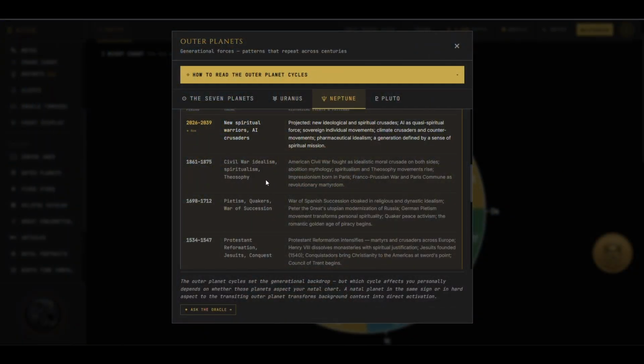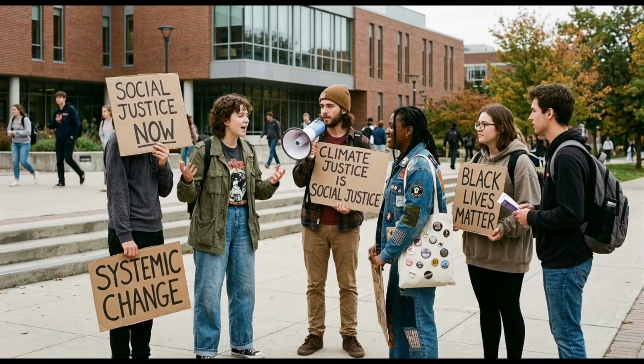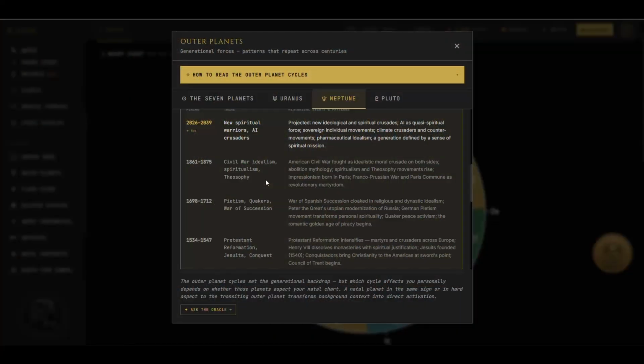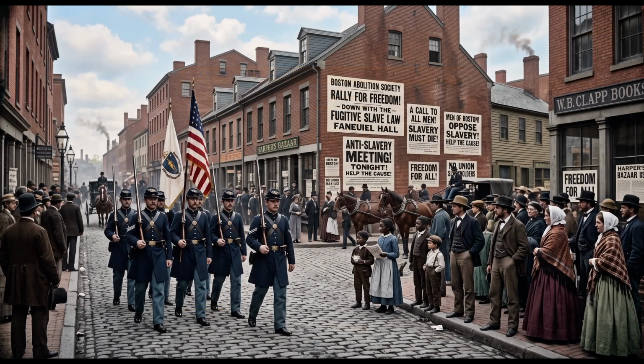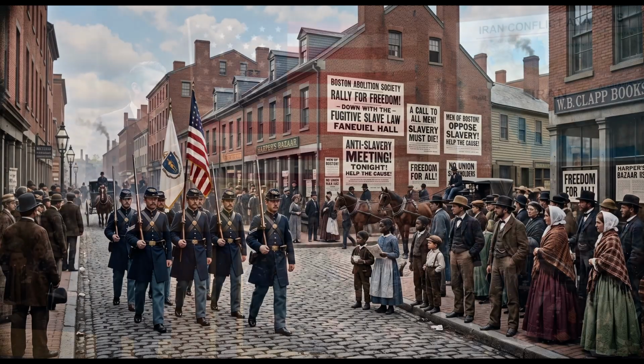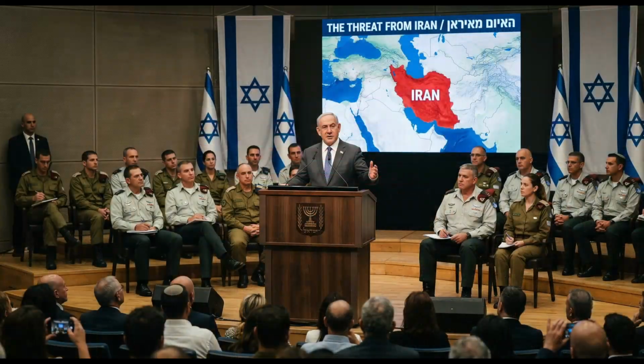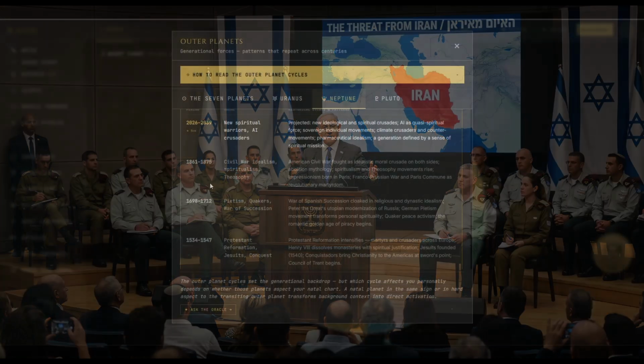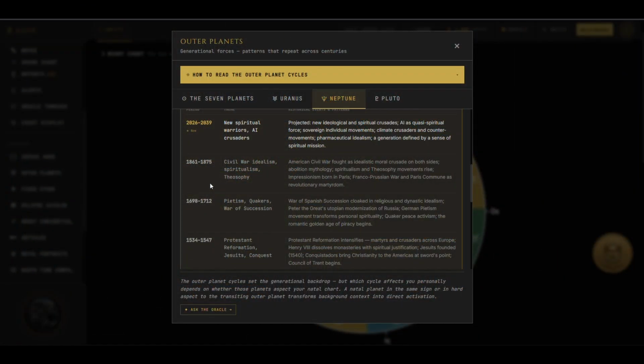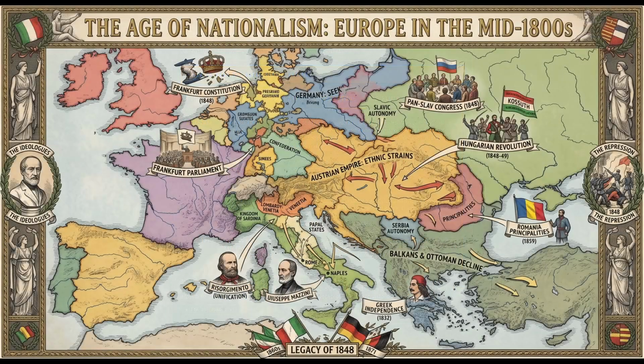Neptune in Aries is a different thing entirely, and we're in it now. Aries is fire, initiation, identity, the warrior. Neptune in Aries historically correlates with ideological fervor, the sense that an idea is worth fighting for, dying for, worth igniting a conflict over. The last time Neptune was in Aries was the mid-1800s, the era of nationalist movements across